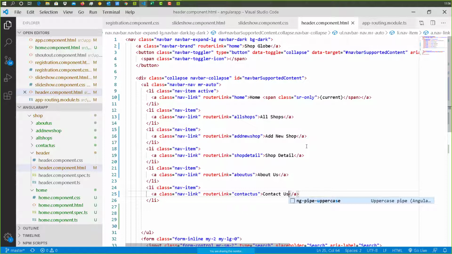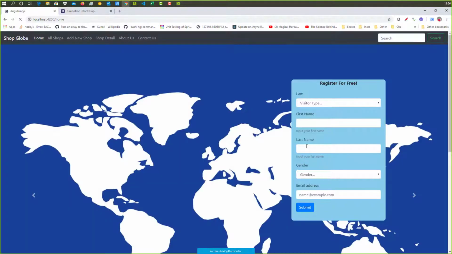Okay, so here we have it. If you go and take a look now, you have all the routes in place, right? So all shops works, add new shop works, shop detail works, about us works. So we need to have the